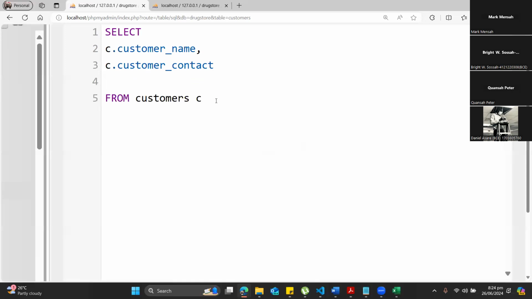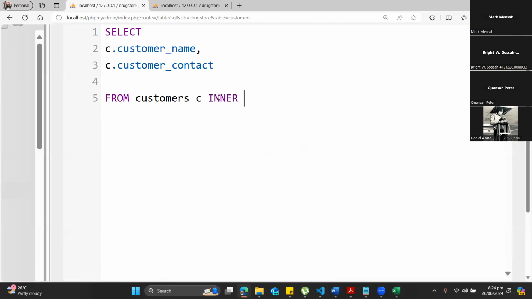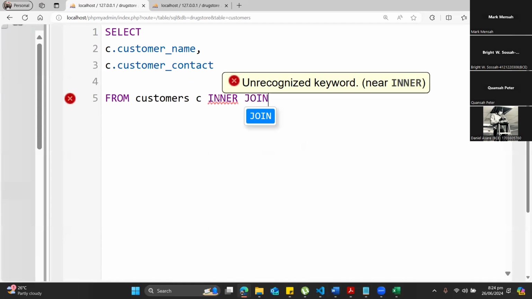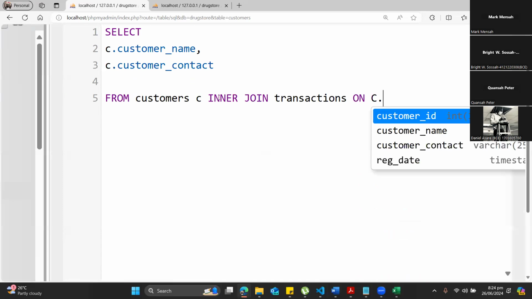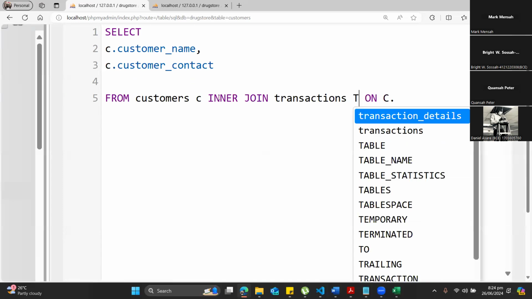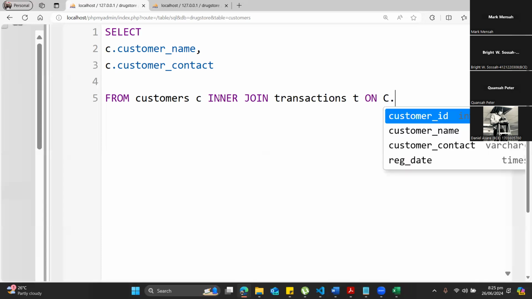Okay. Now, I want you to select from the customers table, and I want you to inner join. So I'm joining another table to this. So inner join transactions. So I'm joining the transactions table to the customers table. And how am I joining the two tables? I am joining them on C dot and the transactions, I'm going to call it T. Are we okay? So wherever I see T, I'm talking about transactions. So C dot,